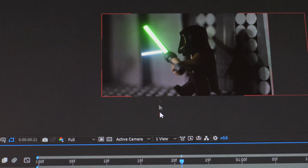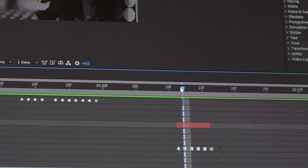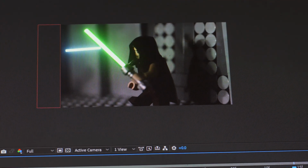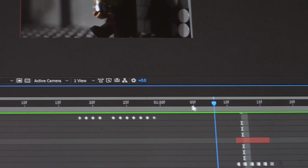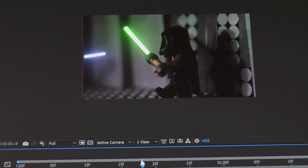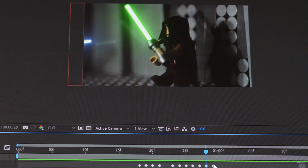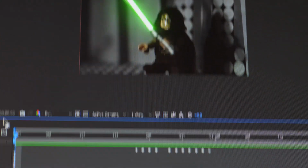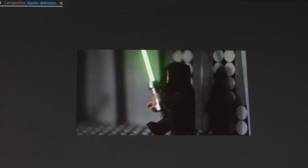You also have to do that for all the lightsaber stuff. So those are down here, and you'll see all these keyframes for the lightsaber as well. So that's what takes so long, is you have to individually set all these keyframes. At least that's the only way I know how to do it. I haven't found a more efficient way to do it except for manually keyframing. So that is why it's taking so long to do these shots, and there's a lot of these shots in the